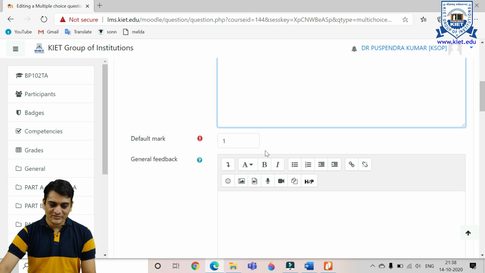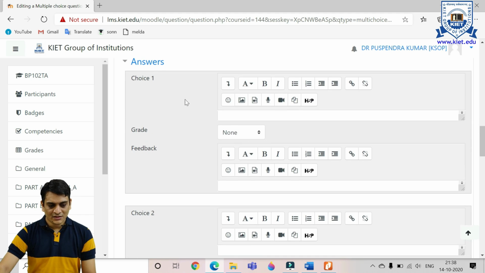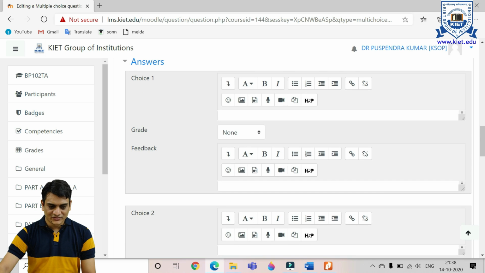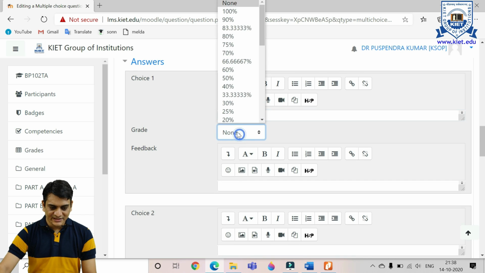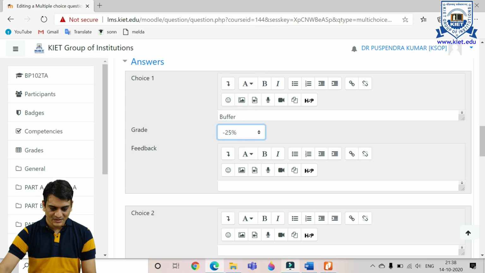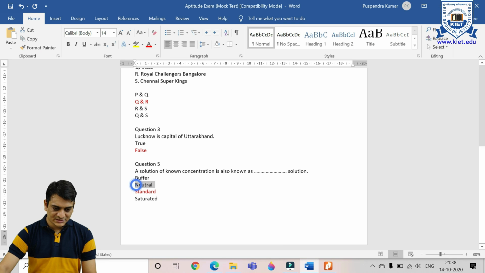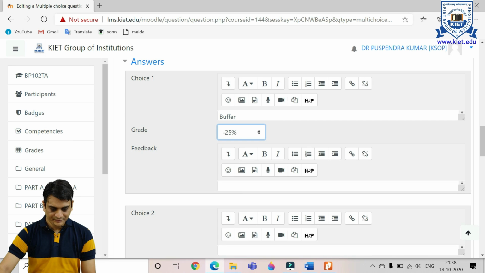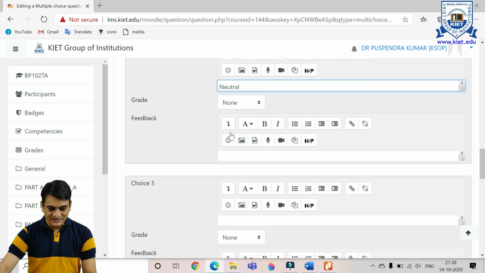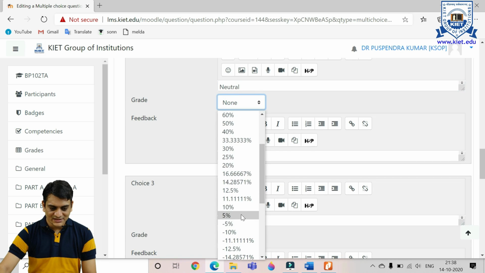Then default mark will be again 1. Then we should fill the choice. So first choice is buffer, and it is an incorrect answer, so it will be minus 25. Second option is neutral. So again it is a wrong answer, so it will be again minus 25.